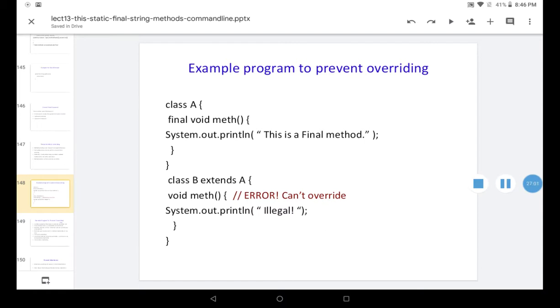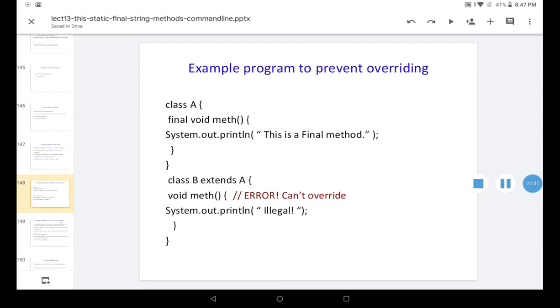In the superclass, meth prints "This is a final method". Final means the definition should not be changed, but here we are giving another definition to the method. It should print only "This is a final method", but here we are saying it should print "Illegal".